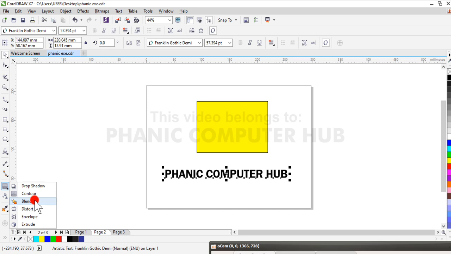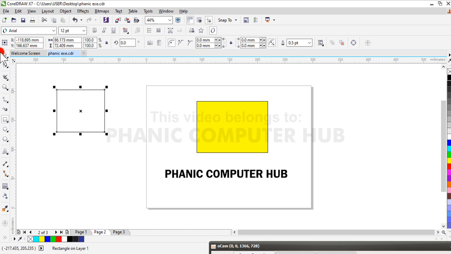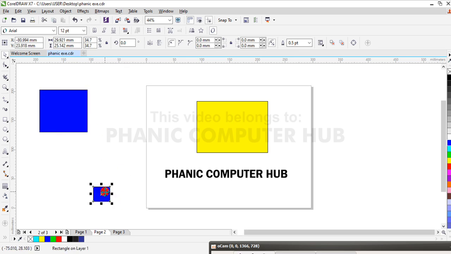Blend is not just a combination of two or more colors, it's also a combination of two or more objects together. Let's say for example I have this object here, or let me use a circle, but let me use a rectangle for an example. I have this object here, then I also have another one. Let me duplicate this. I can make this one smaller,